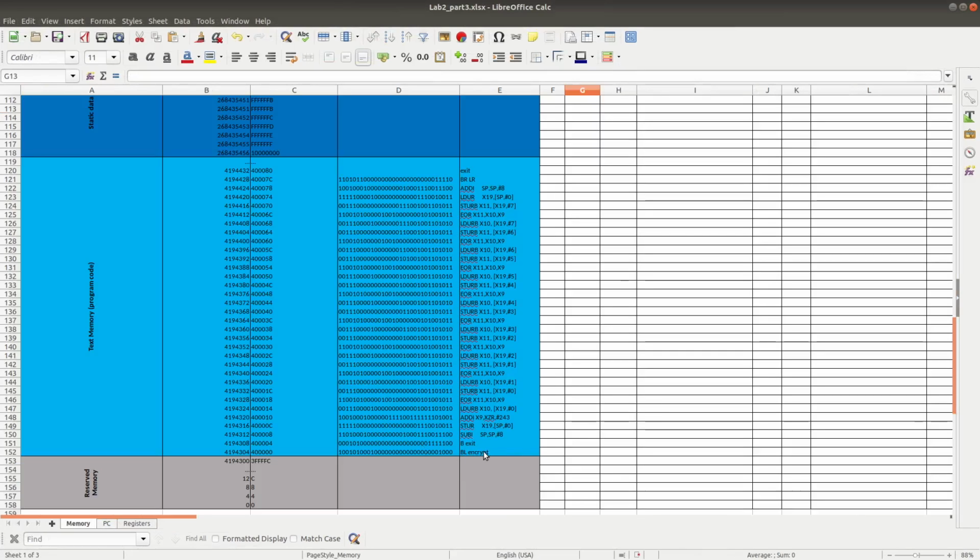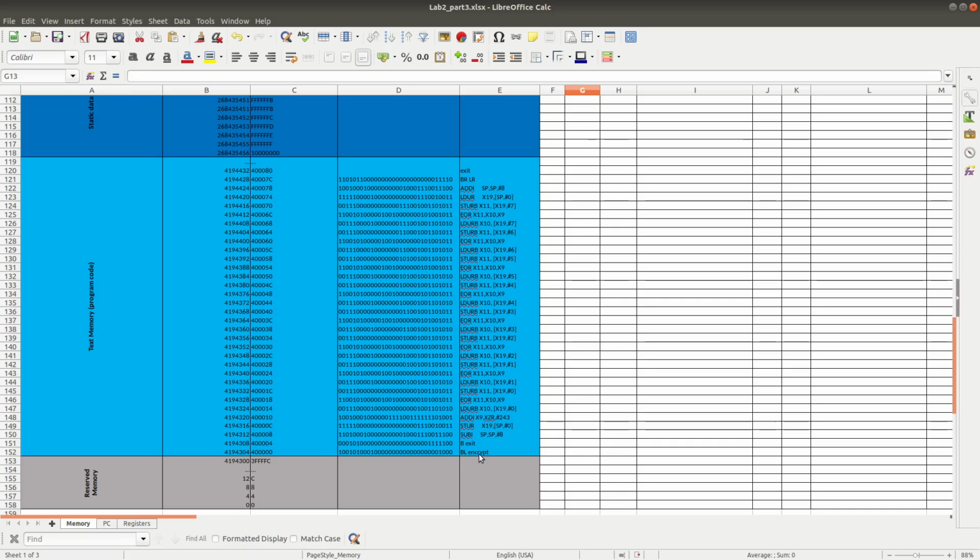During the execution of this instruction, PC will automatically be incremented by 4 so that it can point to the next instruction here. However, this instruction means a call to the procedure, in which the address is shown here, 40008.